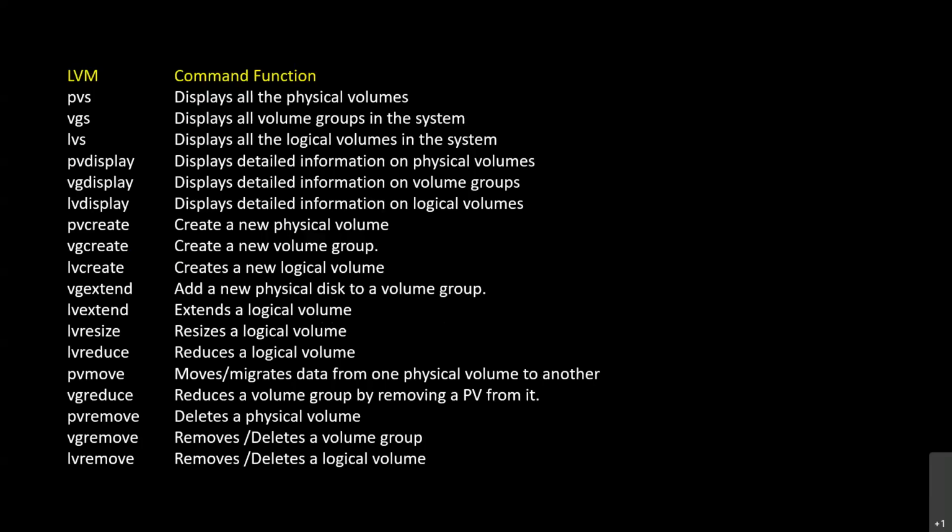To extend a volume group, we use vgextend. To extend a logical volume, we use lvextend. And lvresize is to resize a logical volume, and lvreduce is to reduce a logical volume. And pvmove moves or migrates data from one physical volume to another. And pvremove deletes the physical volume, and vgremove deletes a volume group, and lvremove deletes a